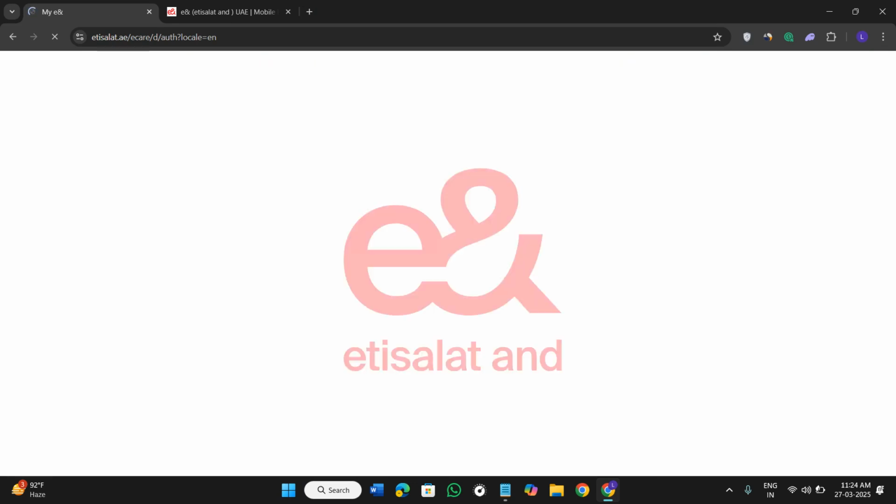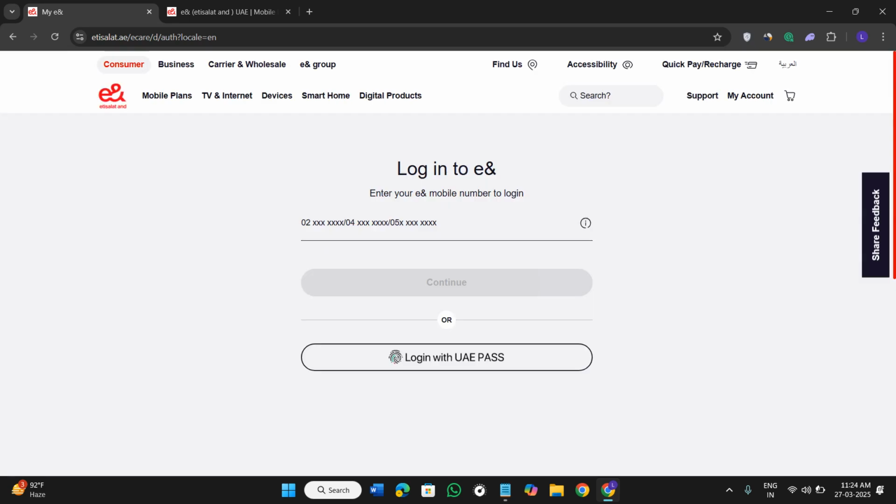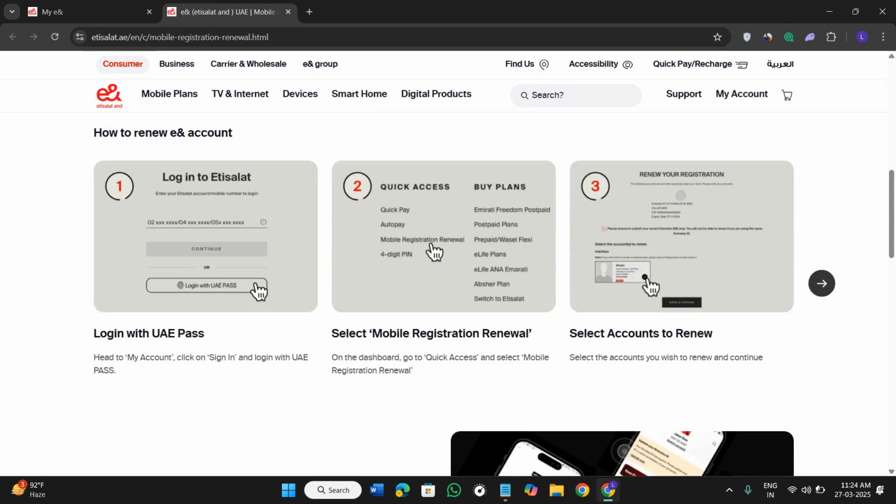Now once you do this, you will see the sign in page where you will have to provide your login credentials. Like you need to enter your UAE mobile number in order to log in, and you can even log in with the help of your UAE pass. So first of all, you will have to log in into your account, and once you have successfully logged in,